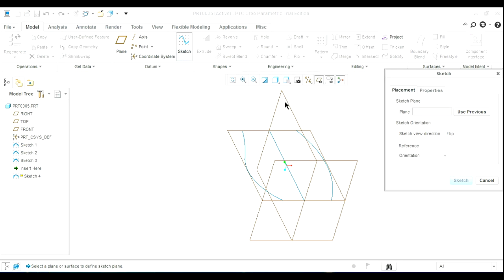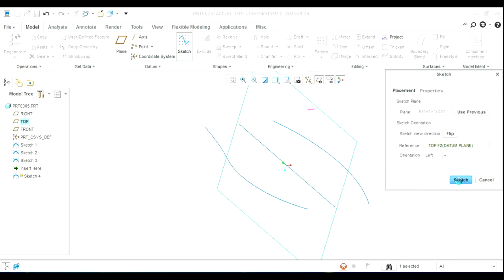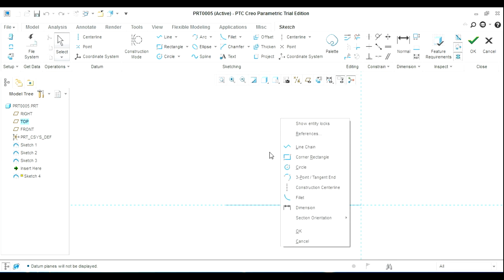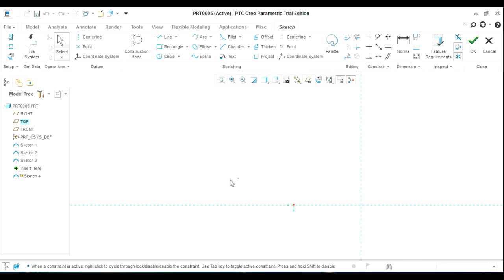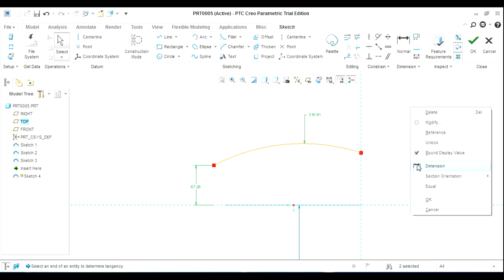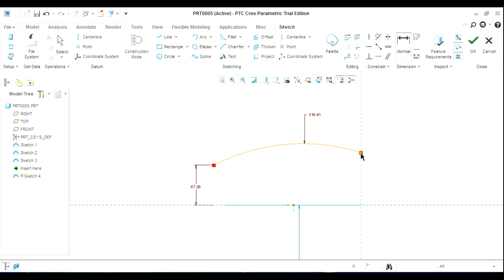The third guide curve is to be drawn on the right plane, which is again an arc of radius specified in the drawing. Again, lock the required dimensions.